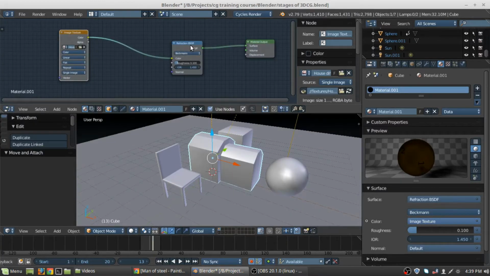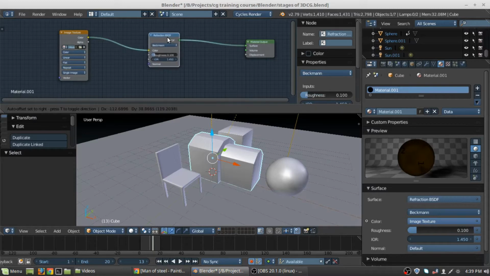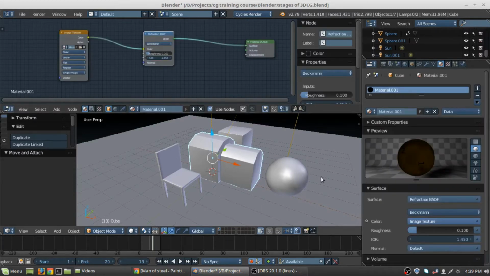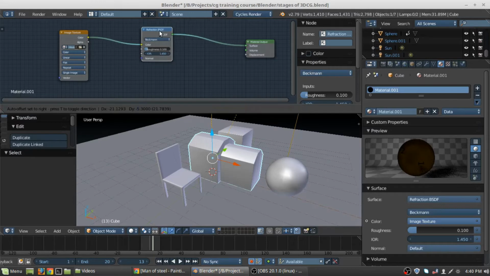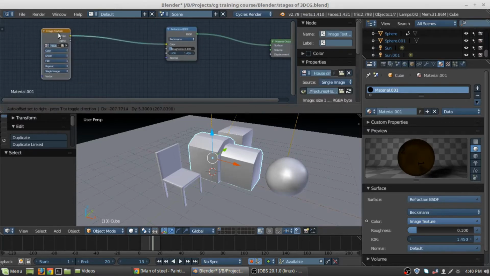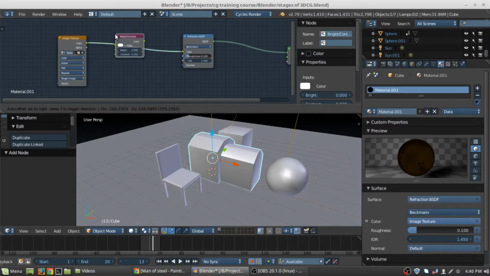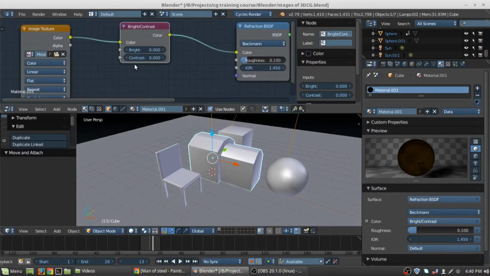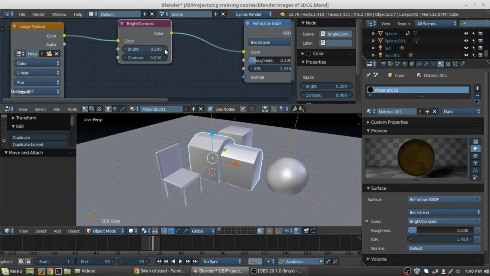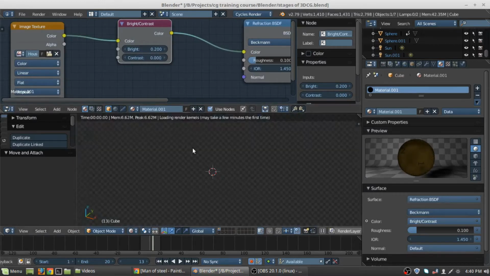Going back into the shader network of this house-like object, more like a dog house or something, I just forgot what it's called. Going back into it makes me think that it is too dark. So what I want to do is go into the color and add a bright and contrast. This way we will be able to lower the